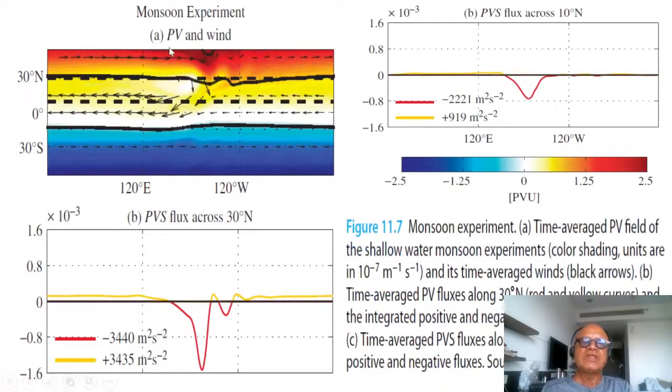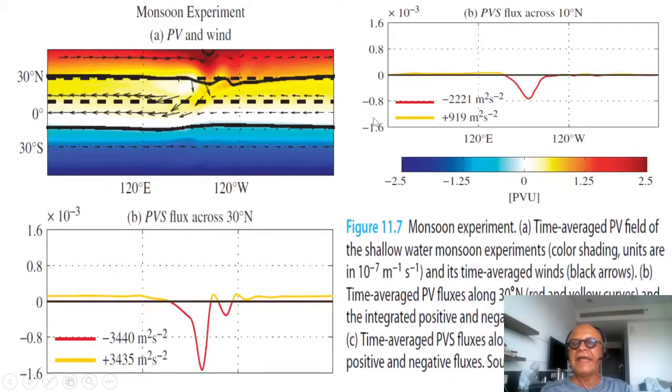Okay, the monsoonal experiment with the heating imposed at 30 north produced a much stronger and clearer response of the PV advection into the westerly duct, eastward advection and back. So you can see the PV trough clearly as we saw on the 370K in July, corresponding to the monsoon heating and circulation. This is the PV flux across 30 north, much larger southward flux compensated by smaller global northward